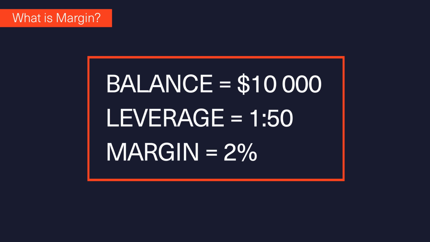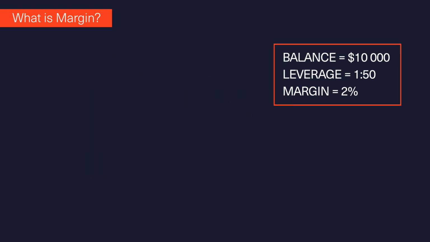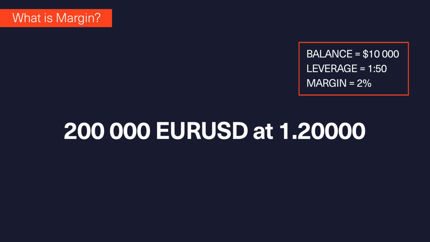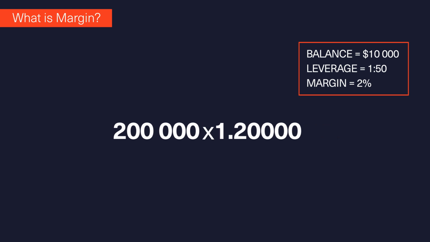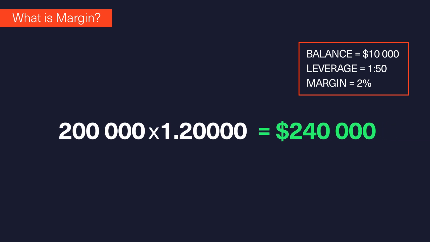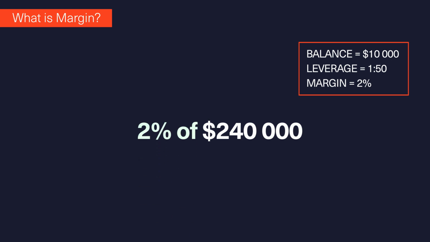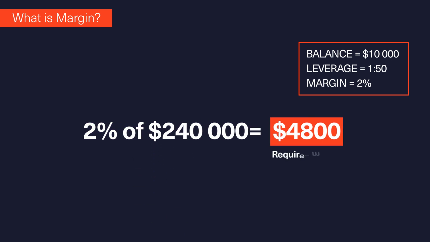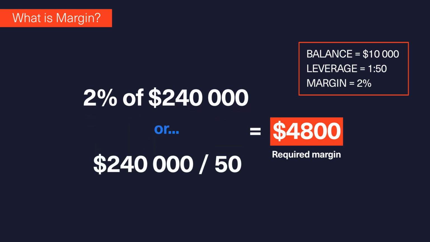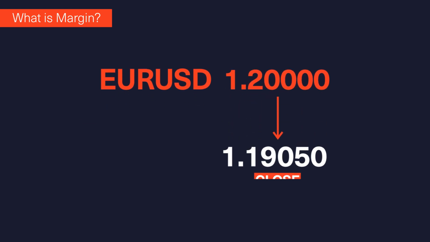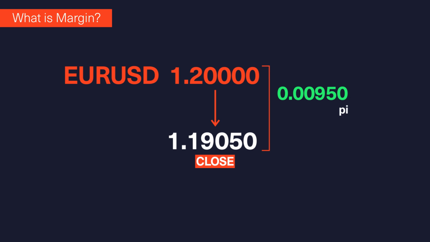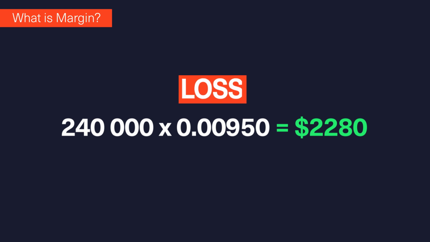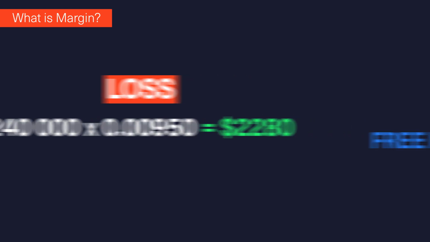Say that someone enters a trade with the following conditions, decides to buy 2 lots of Euro/US dollar at the exchange rate of 1.20. So the transaction will amount to $240,000. The required margin for this position is calculated as follows: 240,000 divided by 50. If after entering this trade the price of Euro/US dollar fell to 1.1905, he incurred a loss of 0.0095 pips, which is equivalent to, in this case the trader's free margin would be